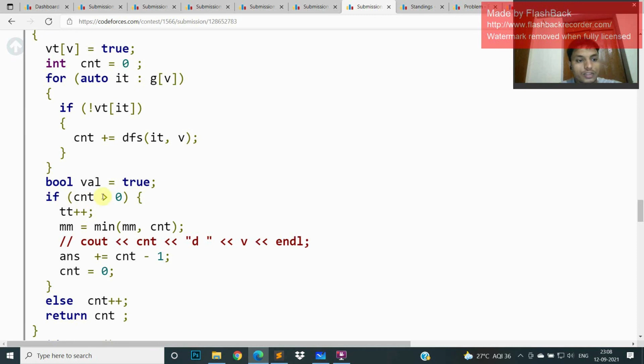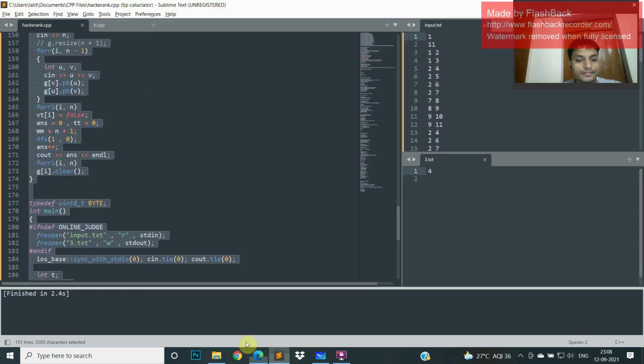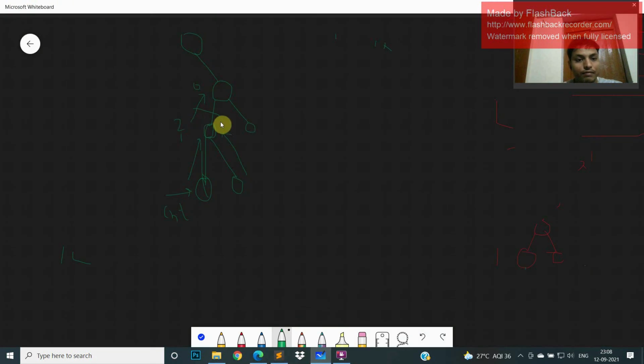So if the count is greater than zero, that means this is a bud, and if it is a bud, then I will make it zero. So I will cut it, and then the return will be zero. And what is the answer? Increase by count minus one. Because if I cut this bud, then I have this bud.